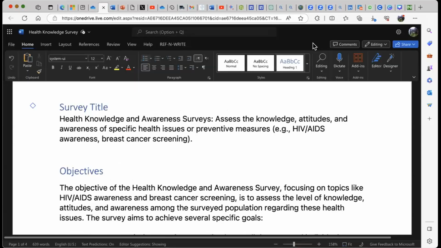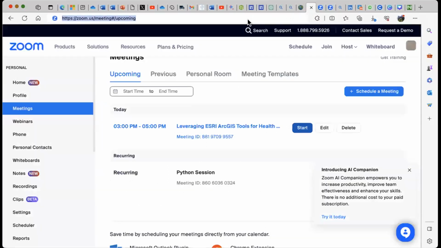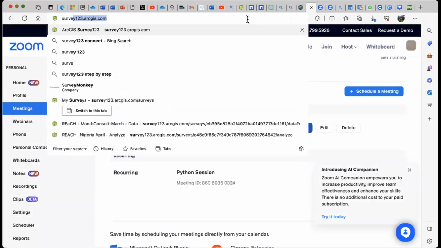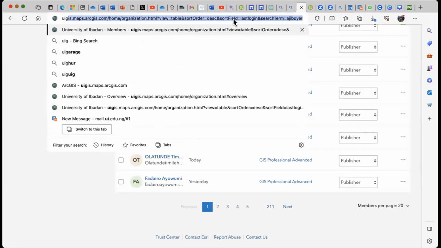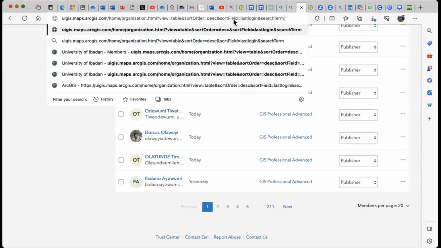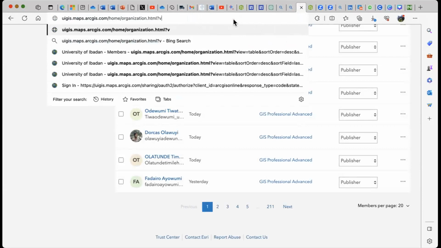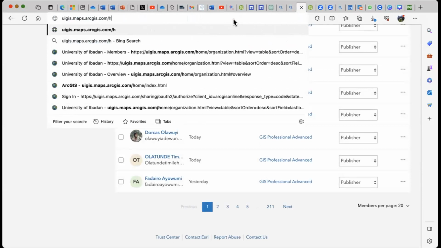If you have your accounts, there are two options. I could go to Survey 123 at ArcGIS.com straight away, or I can use the UI GIS maps ArcGIS. You should have received that in the mail, which takes you to the website. Okay.